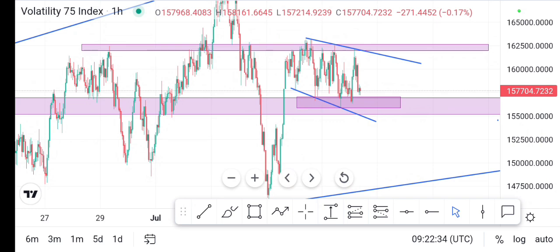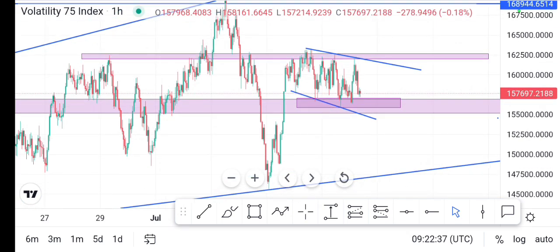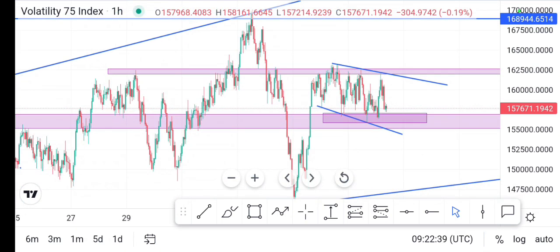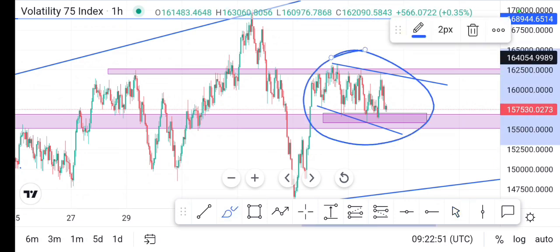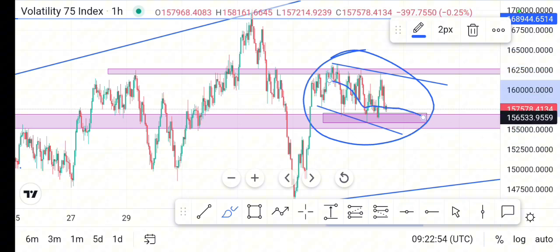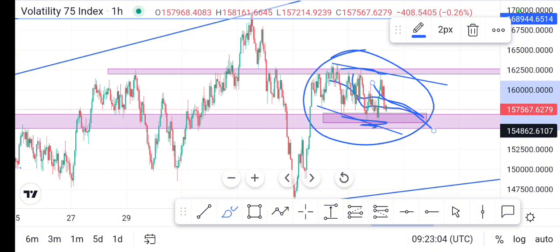So if you want to scalp, what you have to do, because the VIX 75 is still in this flag consolidation, is trade when you are moving with the flag direction. We have to follow this direction because the market now is going down. Do you see that the market is respecting the highs and then validating the lows? That is what you have to do to scalp when we are going this side. But I highly recommend don't trade around this consolidation. It's better you wait and you start seeing